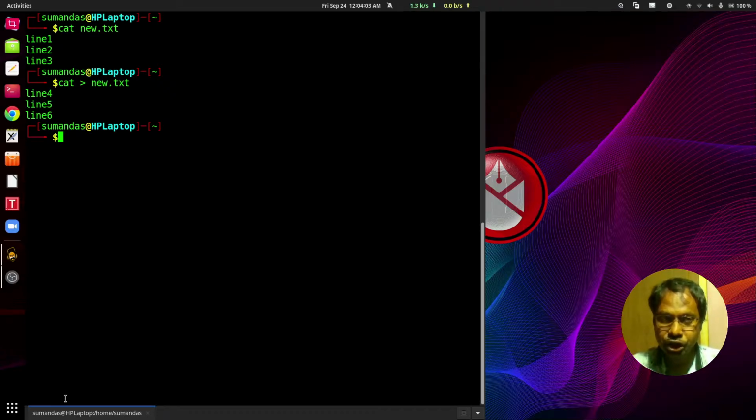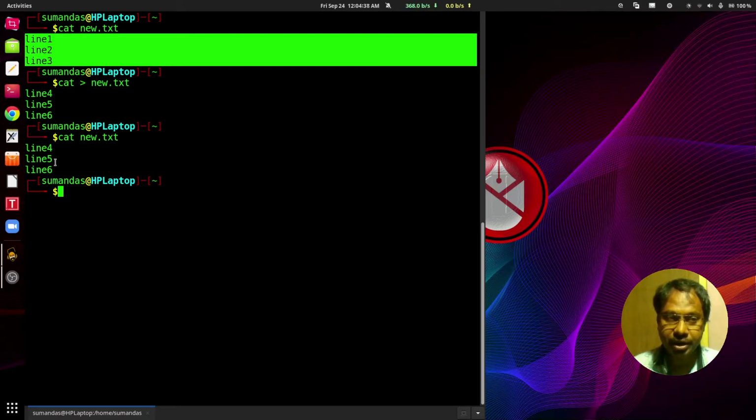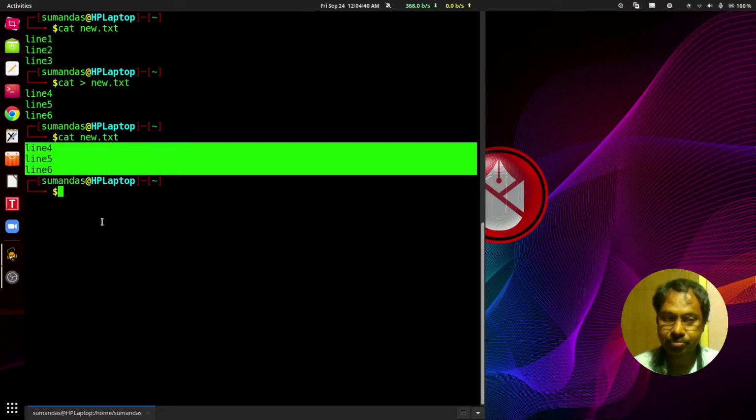Now let's check the content of the new.txt file, cat new.txt. Press enter. Now we can see that whatever the content was previously has been overwritten by the new content. So that's a problem.